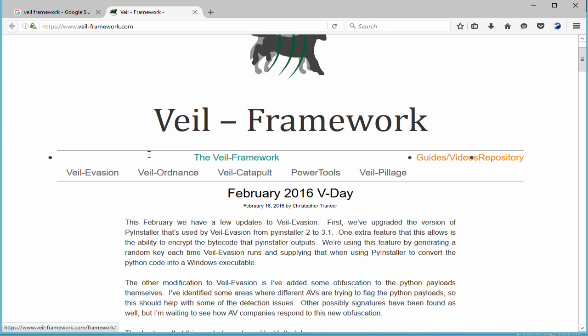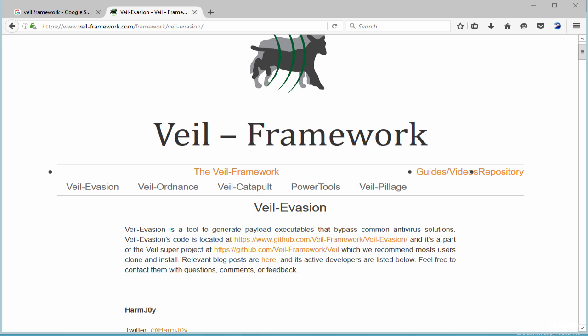So it then allows mutation of this particular program or exe file, which makes it almost undetectable by most virus scanners. So let's go to the Veil Evasion, which is a tool to generate payload executables that bypass most common antivirus solutions. So this is how hackers would use the Veil Evasion to then create a payload executable that bypasses